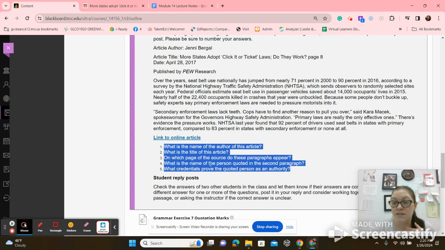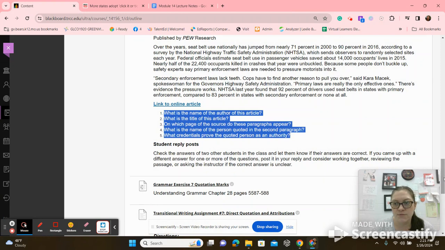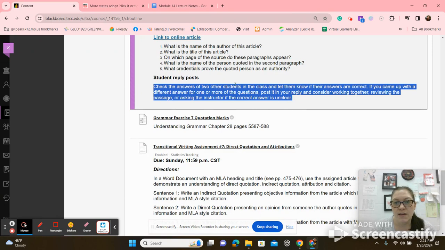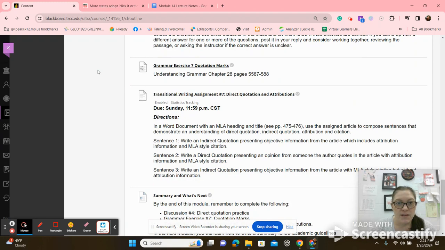And then your responses to classmates is pretty simple this week, because all you have to do is look at what their answers were and either reassure them that they are correct or let them know, I would maybe look back at number 3 because I found a different answer. So for the discussion board, look at the article, answer the 5 questions for your initial post, and then respond to at least 2 classmates, letting them know that you have checked their work and they are correct, or that they got something incorrect. So 3 things: discussion board and your responses to 2 classmates, grammar exercise or quiz, and your writing assignment, which is really just 3 sentences, and it is all based